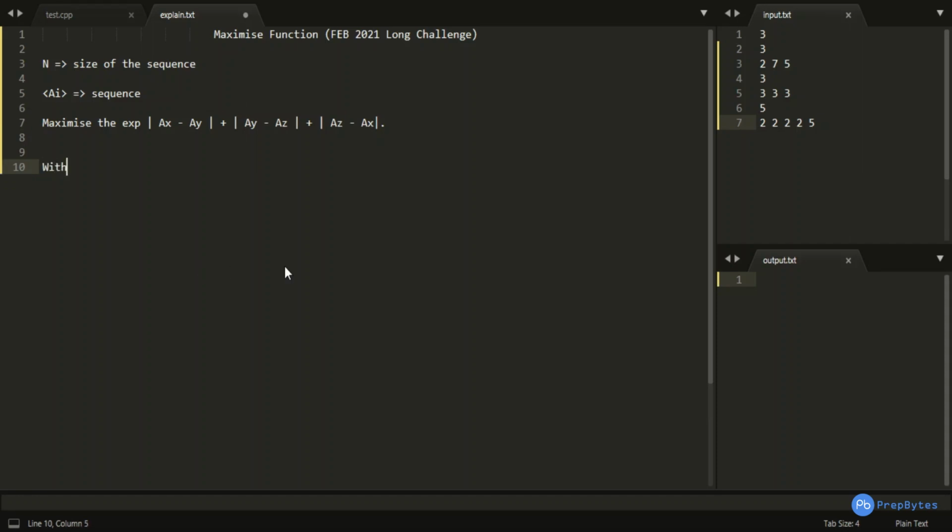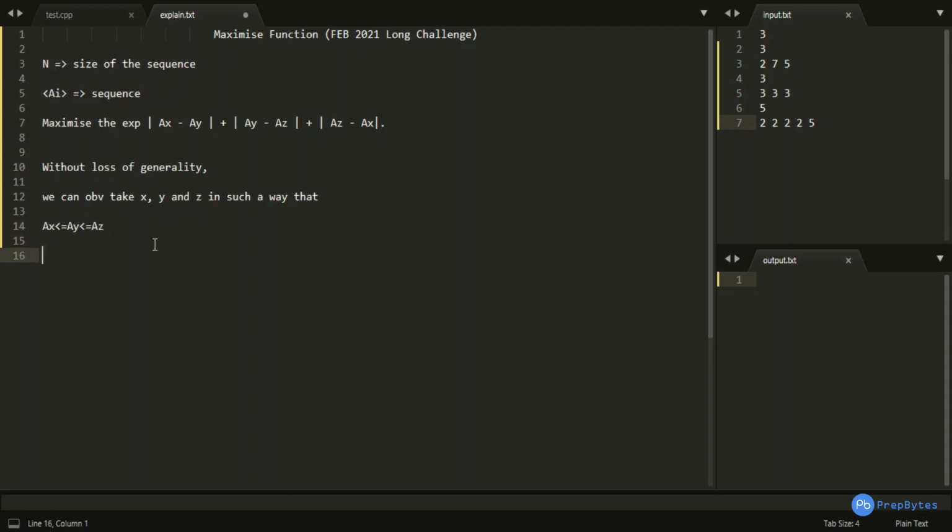Without loss of generality, we can take x, y and z in such a way that ax is less than or equal to ay, and it is less than or equal to az. We are doing this to release these modulus forms, by taking x, y, z such that ax is less than or equal to ay is less than or equal to az in that particular order, and it is a general way to solve the problem.